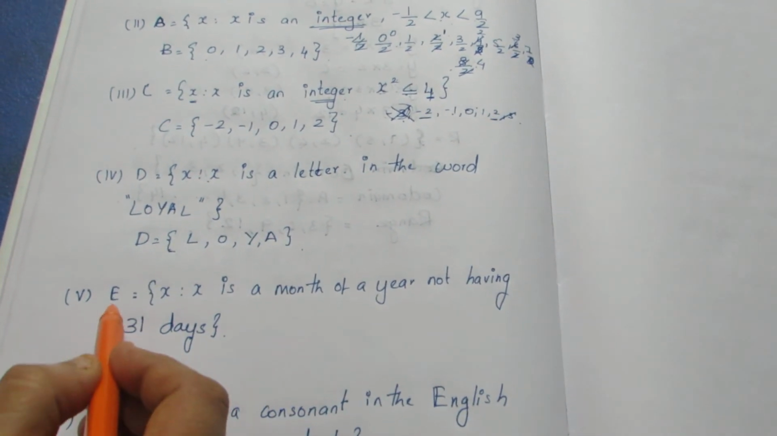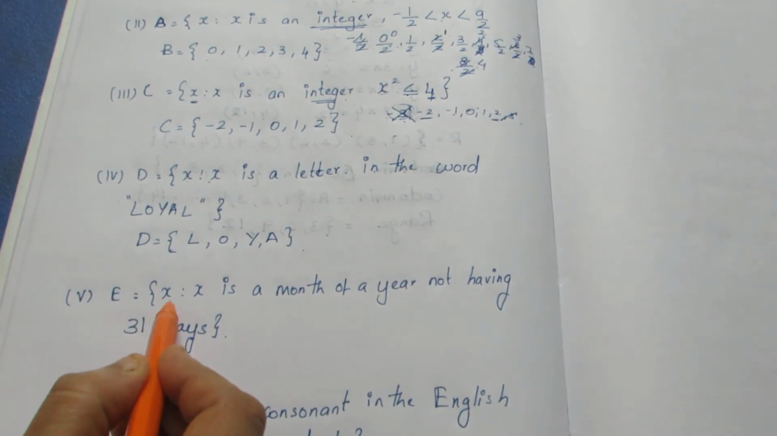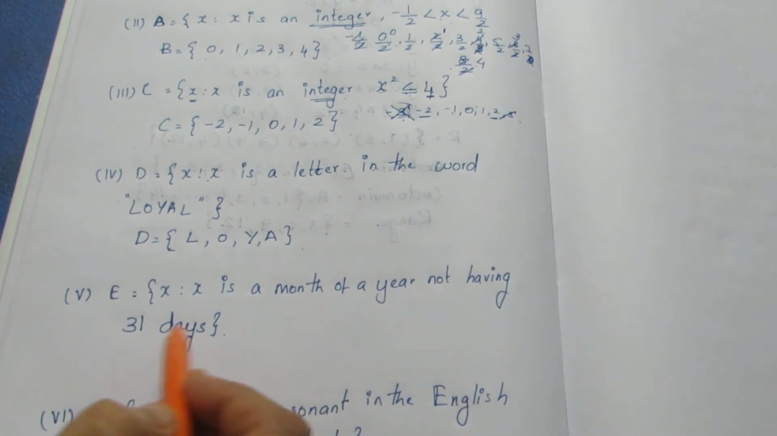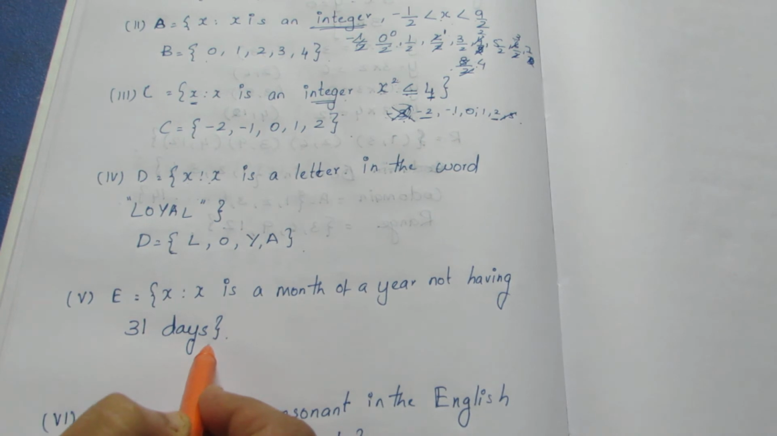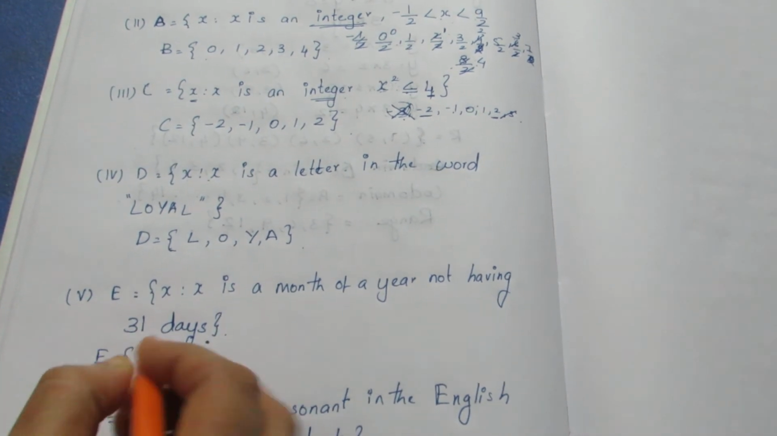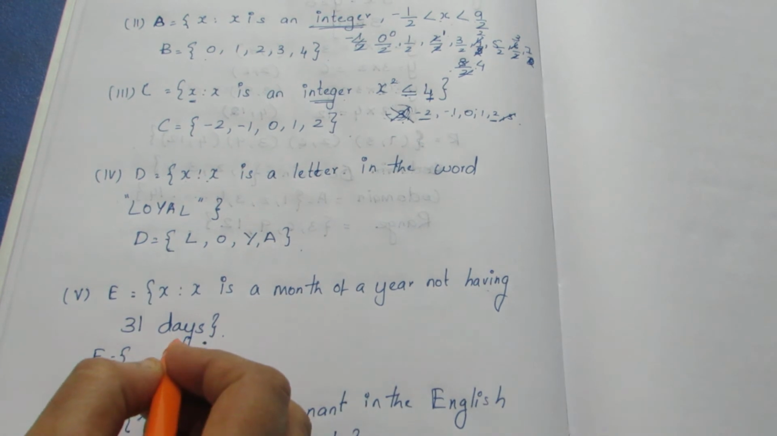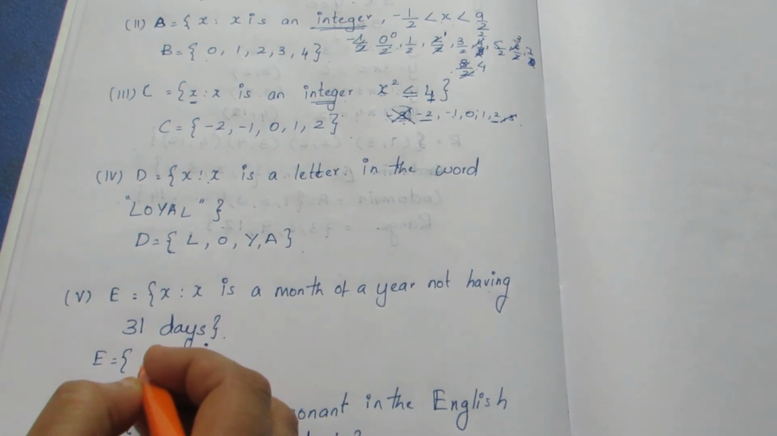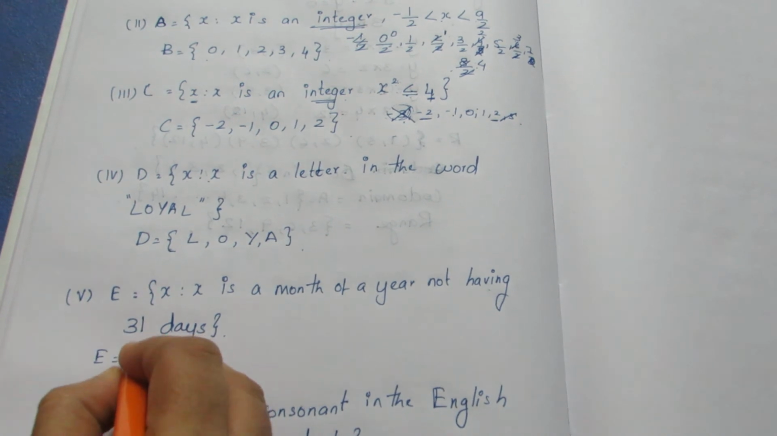fifth one. It is given that E is equal to {x such that x is a month of a year not having 31 days}. The condition here is just the month not having 31 days. People have doubts whether February should be included. Here the condition is not having 31 days. February doesn't have 31 days, so we should include even February. So February,